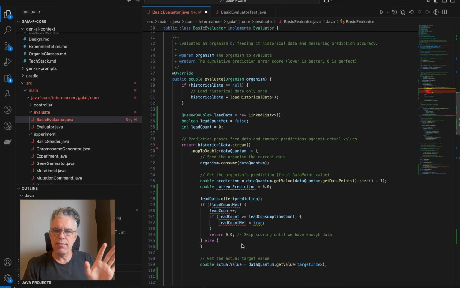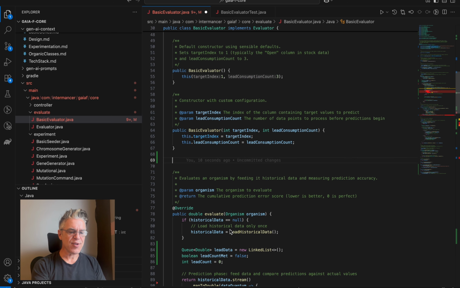We will never be doing parallel processing inside of a single evaluate method, so this stream will always just be running serially. So it wouldn't have hurt, but whatever. We'll go with the standard and use the language the way it's intended to be used. So what I'm going to do here is create a private class